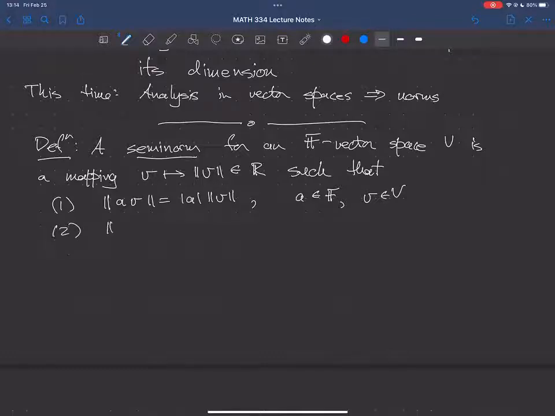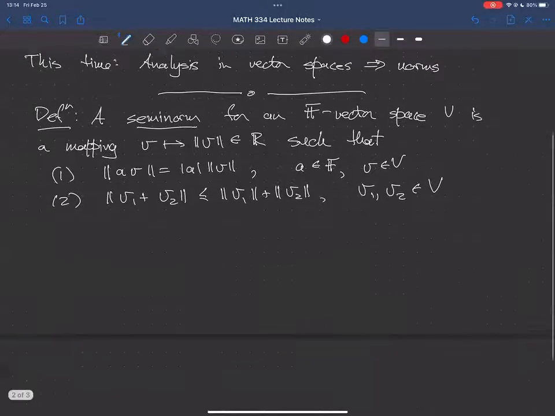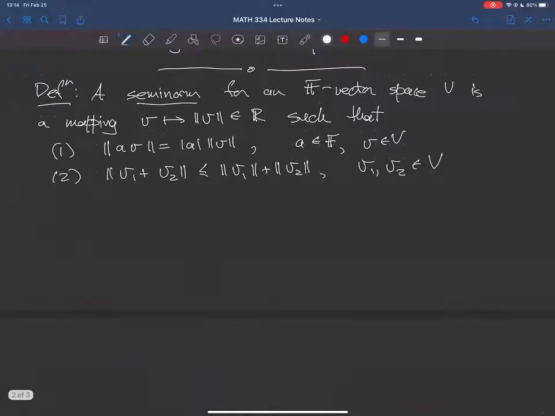And then there's a very important triangle inequality, which reads like this. Okay, and it's really the triangle inequality that makes for a lot of the kind of analysis that you can do using norms. And if additionally,